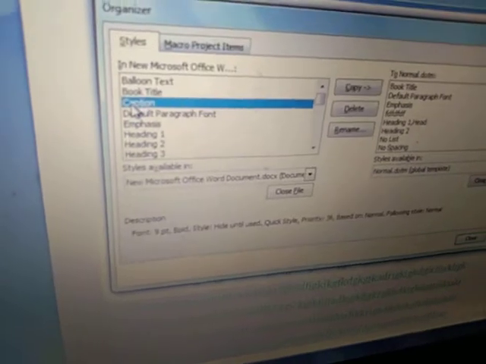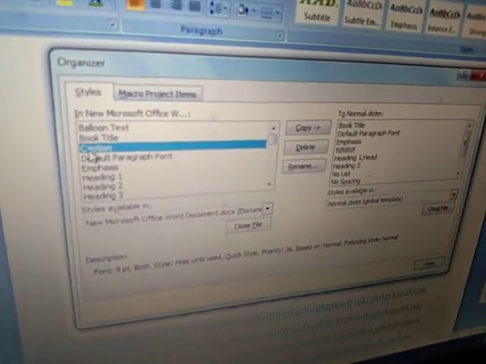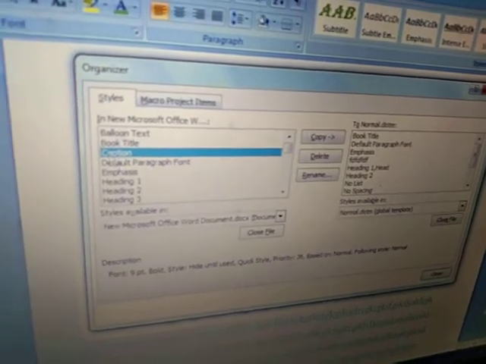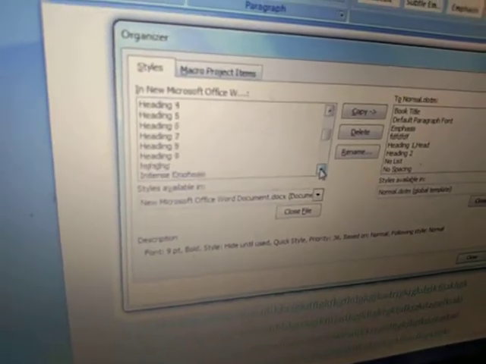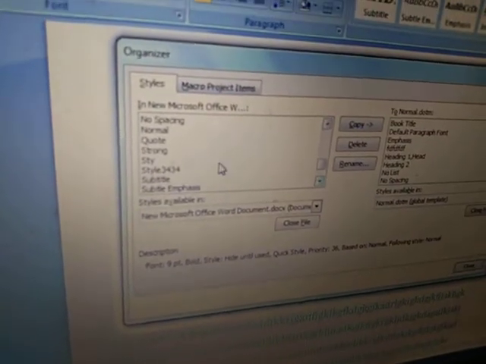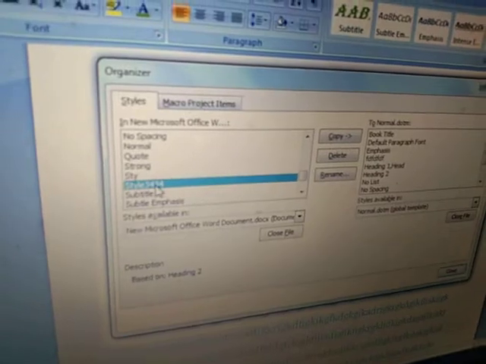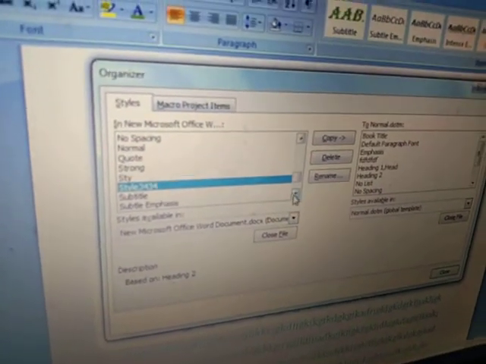From here, all the styles that are present in your document, and this one is your template, named Normal.dotm. You will select any style that you want as a template, so you will copy that one. Okay, I am creating one new style here now. What is the name of that style? This one, style 3434. Select this one. This style is really awesome.